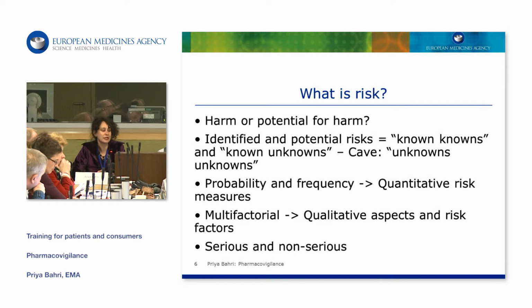We also distinguish between what has already been identified as a risk and other things which we think maybe there could be something, and we call them potential risks. So we are basically dealing with known knowns, but also known unknowns. But we always have to keep in mind there could also be the thing we never even have thought about, so we don't even know that there are potential risks because we don't know anything about it. And we would have examples of that as well. There is also a discussion, is a risk a probability?